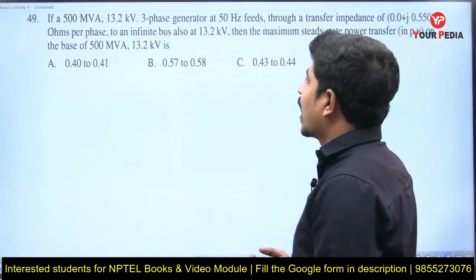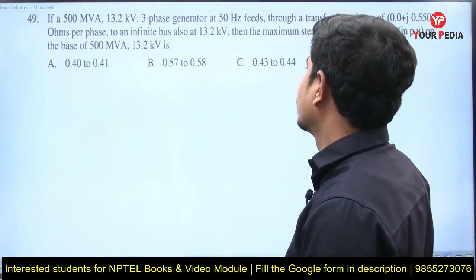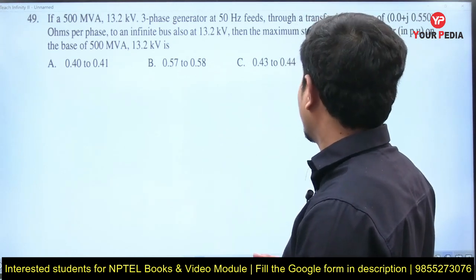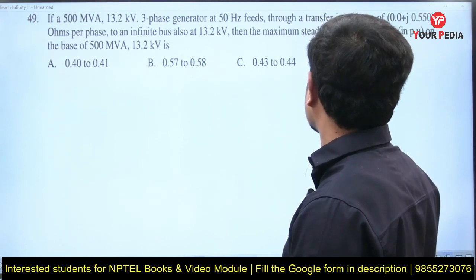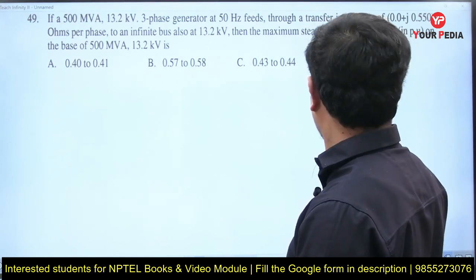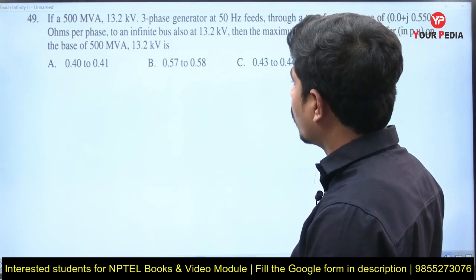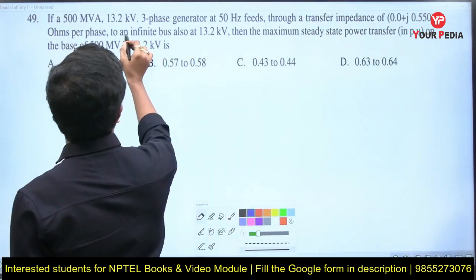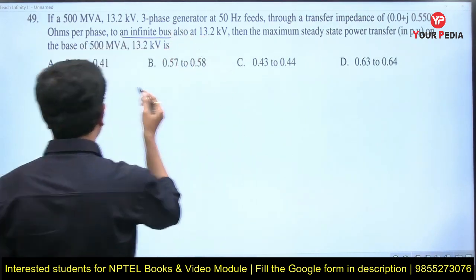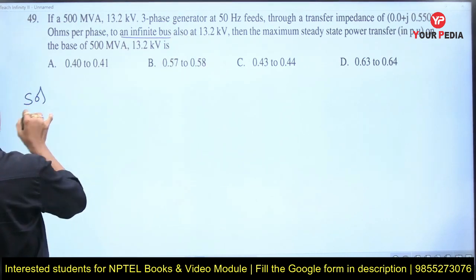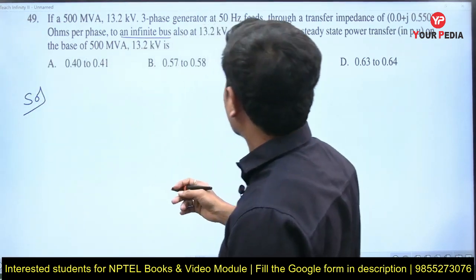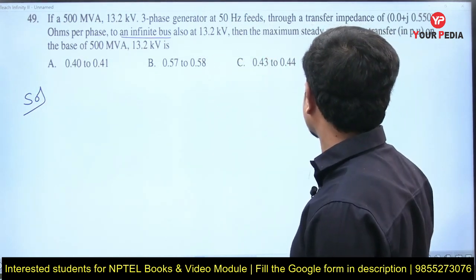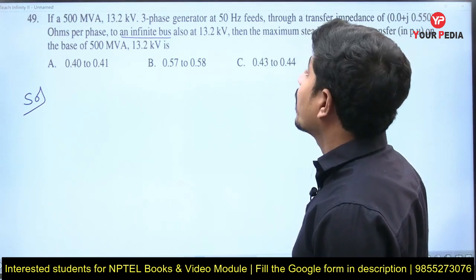Read it. If a 500 MVA, 13.2 kV, 3-phase generator at 50 Hz feeds through a transfer impedance of 0.0 plus j 0.550 ohms per phase to an infinite bus. Underline that, infinite bus means grid. How to represent an infinite bus, that also we are going to see. And the bus is also at 13.2 kV. Then the maximum steady state power transfer in per unit on the base of 500 MVA,